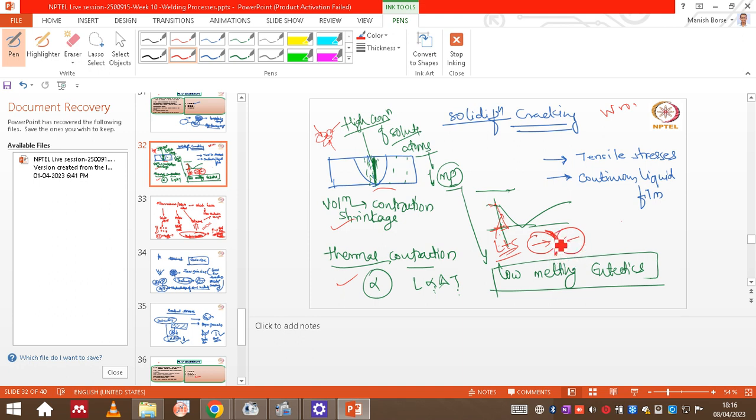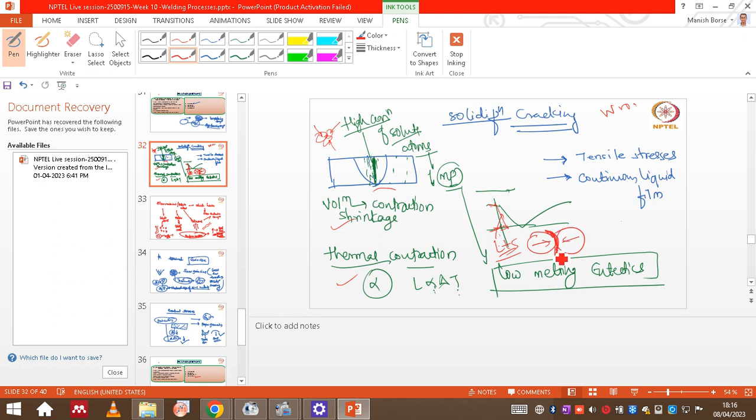Why are they present at the interdendritic region? Because it is a property that when the material undergoes solidification, the solute content will be maximum at the interdendritic region or last solidifying region. So because of higher solute content, it is possible that the eutectic phases form at the interfaces or at the interdendritic region,